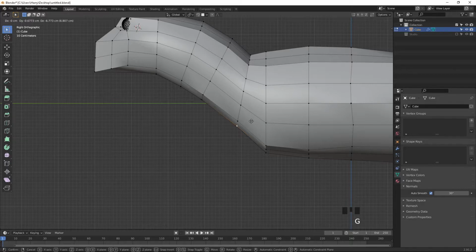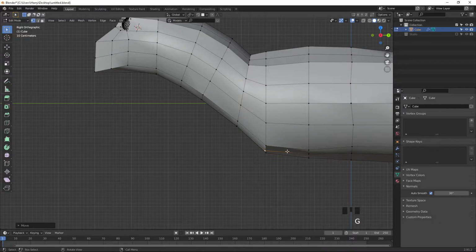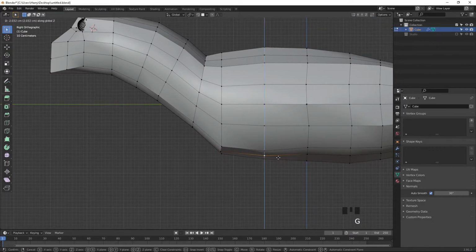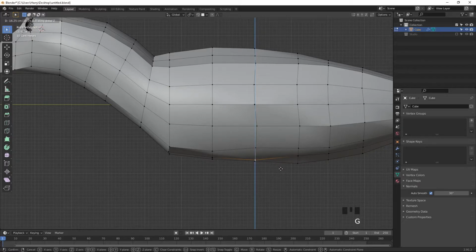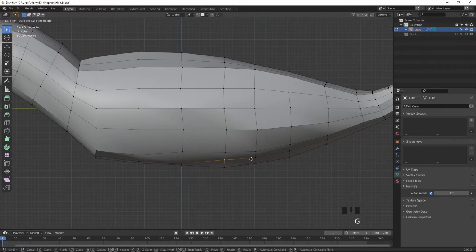G, and select this one, G, select this G, GZ, select G, and you can move and tighten it down like this.